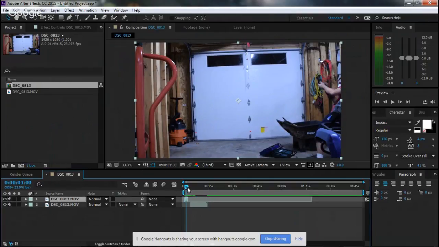The other thing too that you can do is you can actually press these arrows right here in After Effects to go frame by frame if you want to do such a thing. It's quite handy for certain effects and making sure your timing's right. So right about here we can see that his muzzle flare is right about where it starts. So right there is going to be the point where we want to start our man that is going to